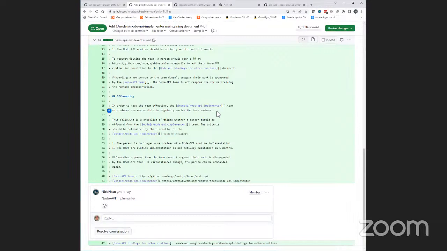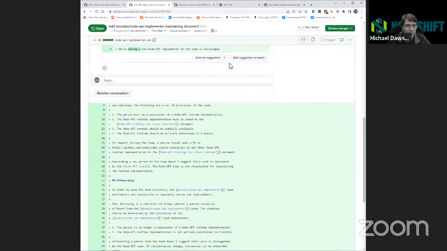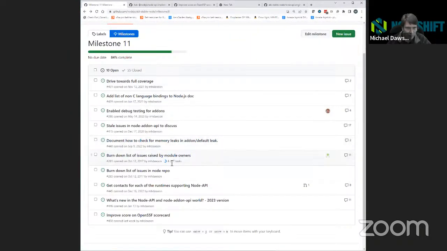Those are the two points of the document. Yeah, I think that's good. It looks like Nicholas is taking a look. If anybody else wants to take a look, we can get the comments addressed and get that landed. Good progress on that one.